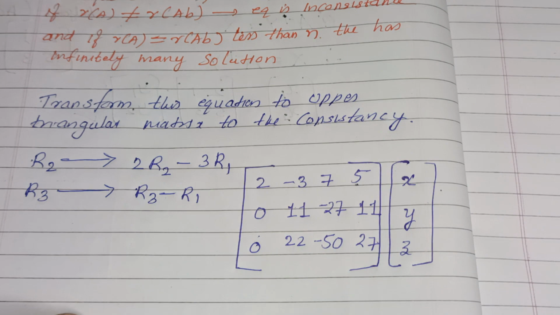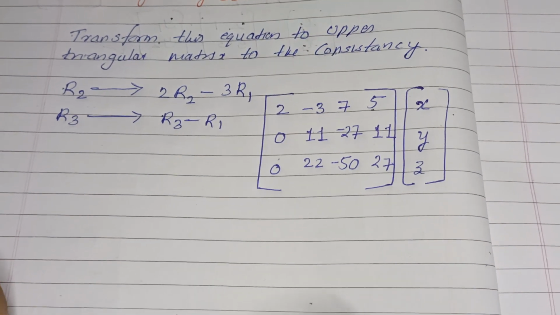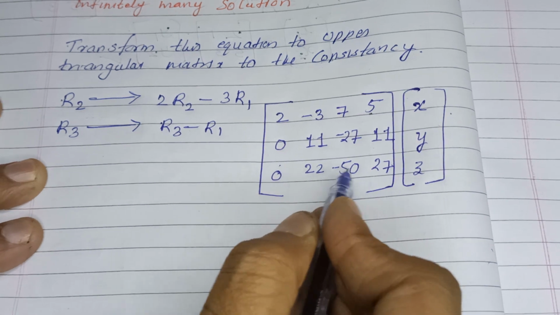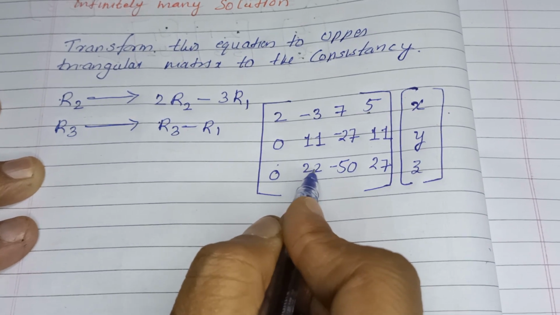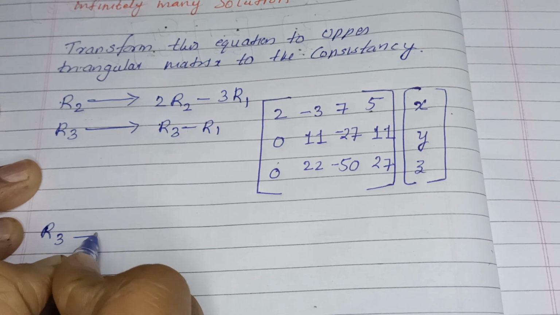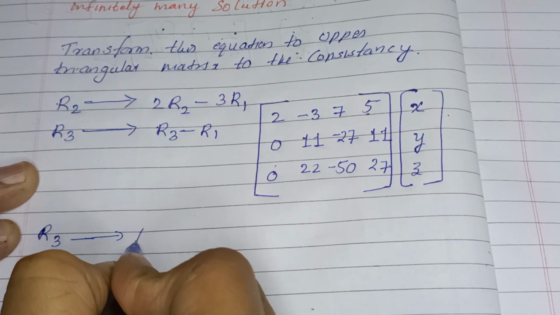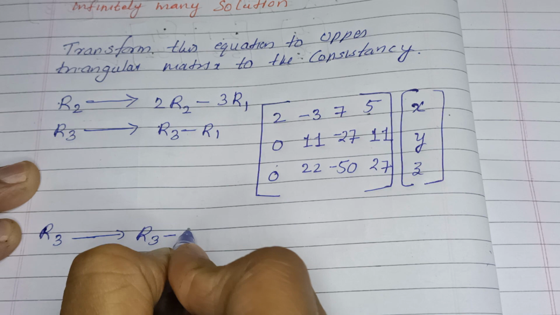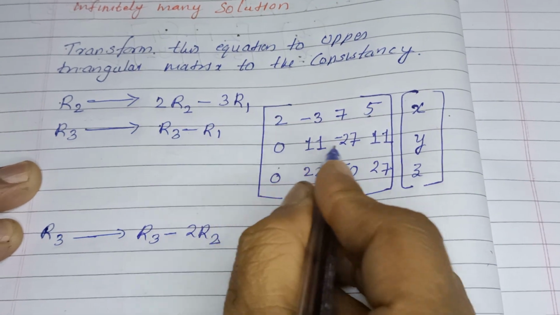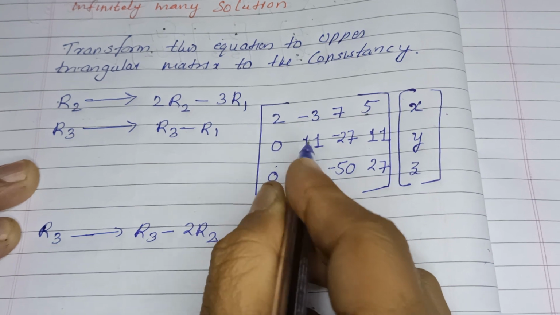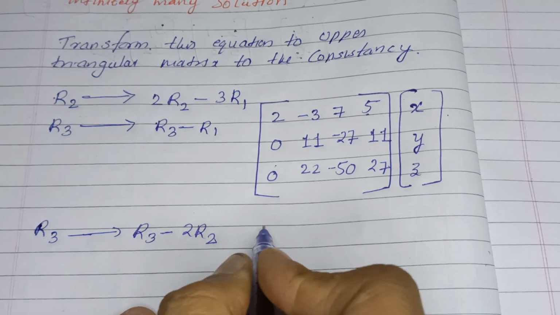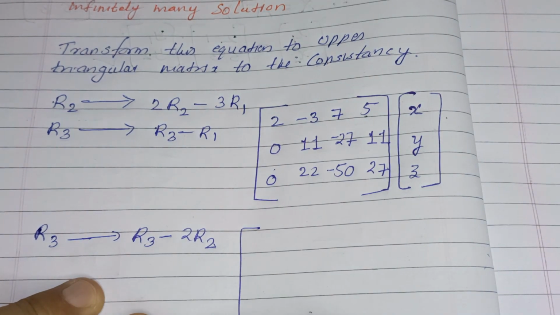Now let's come back to the equation again. Now to make an echelon, we can make this 0. How do we do that? We work on R3. So when we work on R3, we write R3 minus 2R2. If we multiply this with 2 and then subtract this one, we get 0 here. So that's what we do here, and then the result we get is